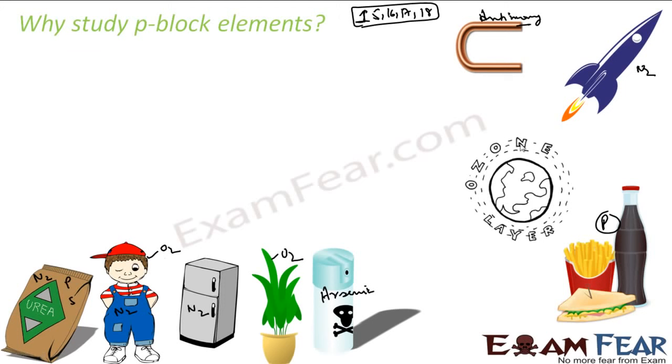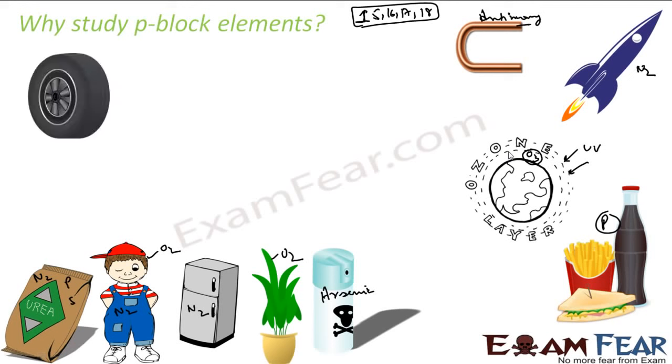If you see the ozone layer that protects us from the harmful UV rays, right? This ozone is my p block element. Ozone is nothing but you get ozone from oxygen, and oxygen is p block element. The vulcanized rubber you get, right? For this hardening of rubber you use sulfur, and sulfur is again p block element. The sulfuric acid, the most common acid in the lab, has sulfur, that is p block element. There is oxygen, that's also p block element,